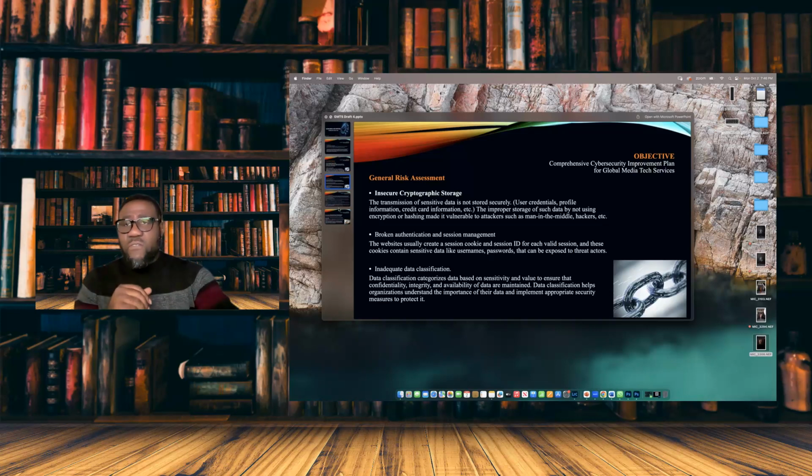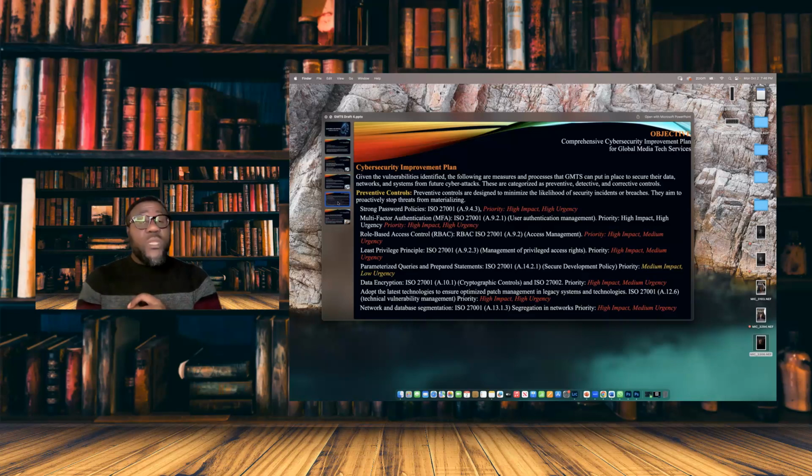Moving forward from that, based on what we found out, we did what we call a quick and dirty risk analysis, where we look at the likelihood and impact of some of these vulnerabilities that we identify, and then we quickly suggest putting in ASAP some preventive controls, within 0 to 90 days. We must make sure that we get this under control, and those are the high priority, high impact, high urgency issues. And we also put the recommendation from the ISO 27000 guideline.